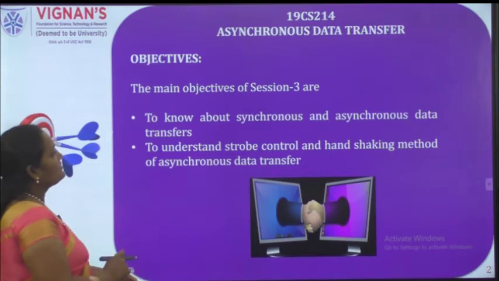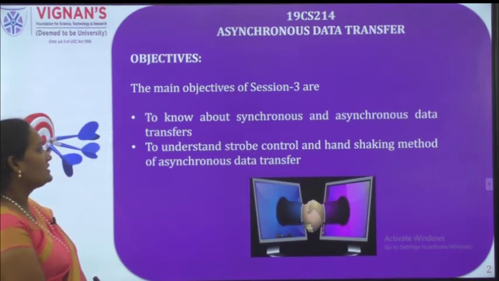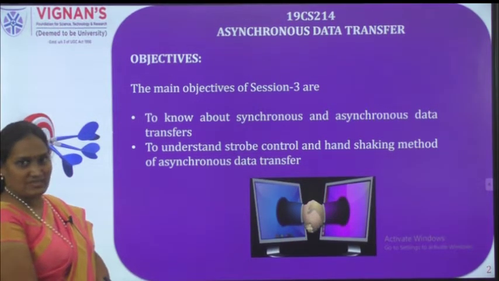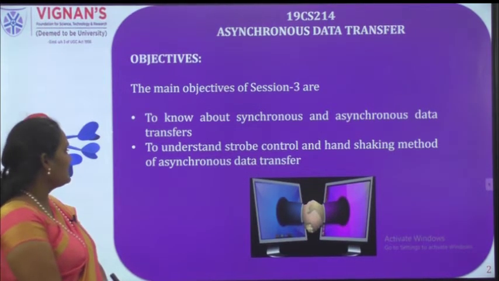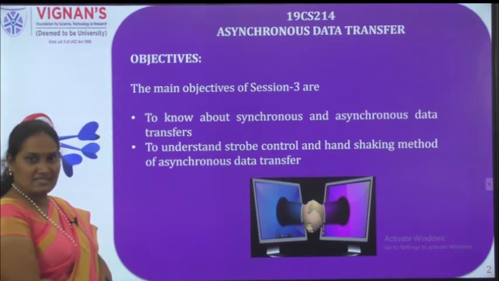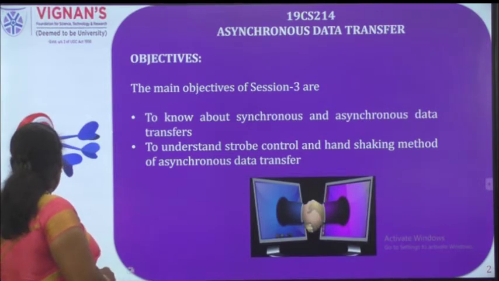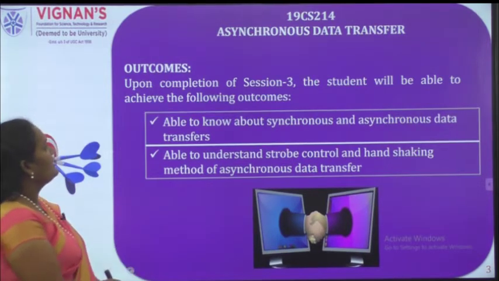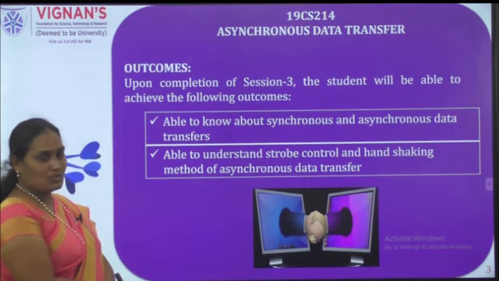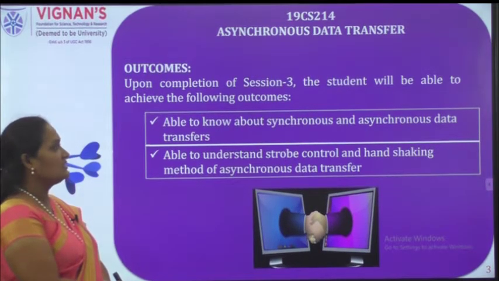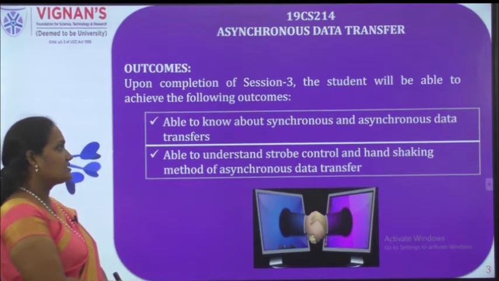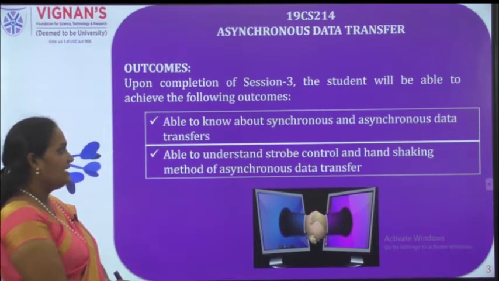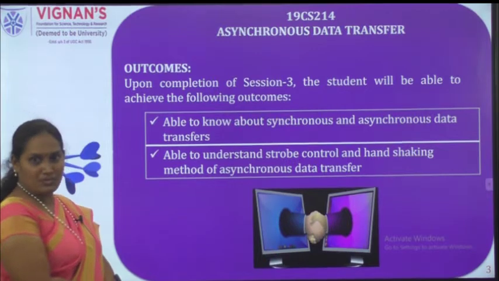The main objectives of this session are to know about synchronous and asynchronous data transfers, to understand strobe control and handshaking method of asynchronous data transfer. The main outcomes of this session are, by following this session, the student will be able to know about synchronous and asynchronous data transfers and able to understand strobe control method as well as handshaking method which are used in